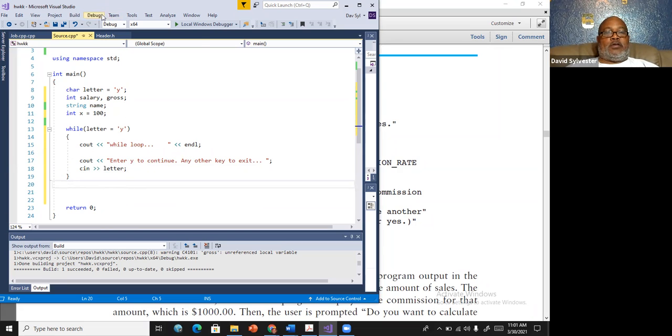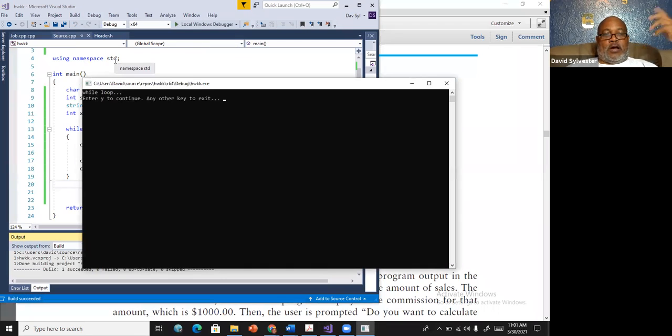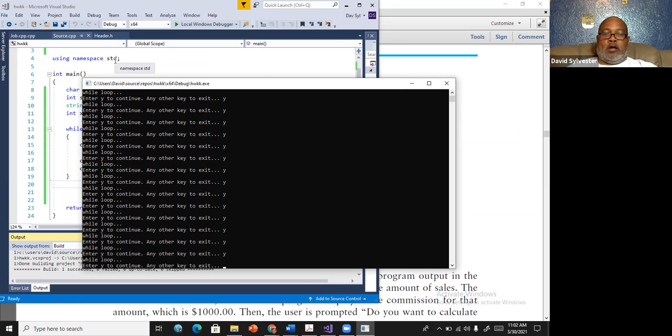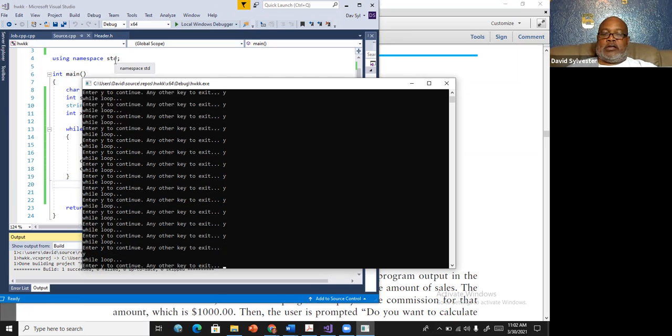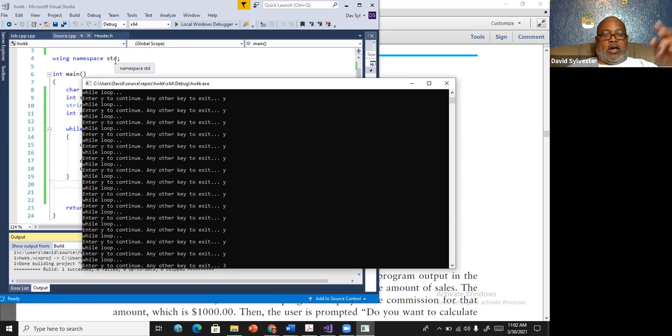So watch this, debug it, and hopefully all the errors are out. The first time through, it's going to automatically do it. Now if I put y, as long as I put y, it's going to perform that loop. I don't care how many times I put y, I can sit there all day and night and put y, it's going to perform that loop. But then if I put anything other than y,